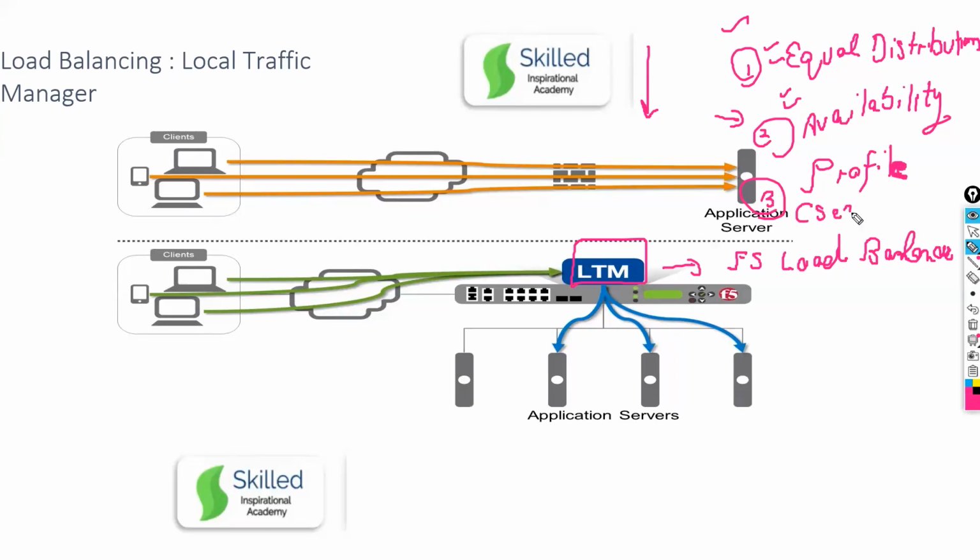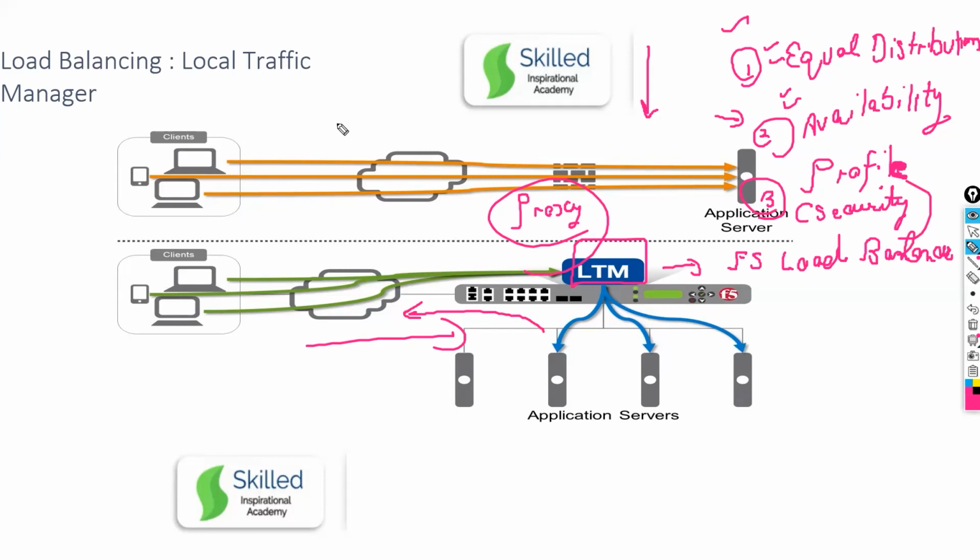But the advantage I'm looking for more is the security purpose. Can anyone tell me why there is security here? Any DOS attacks will be stopped. The client will not be seeing the actual application server. Excellent. So can I say F5 is acting as a proxy device? That is the advantage. Your servers are not directly interacting with the client.